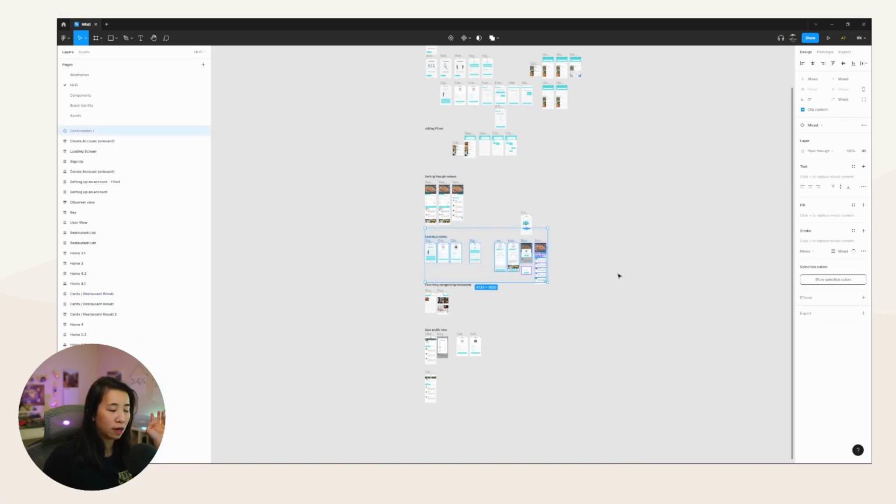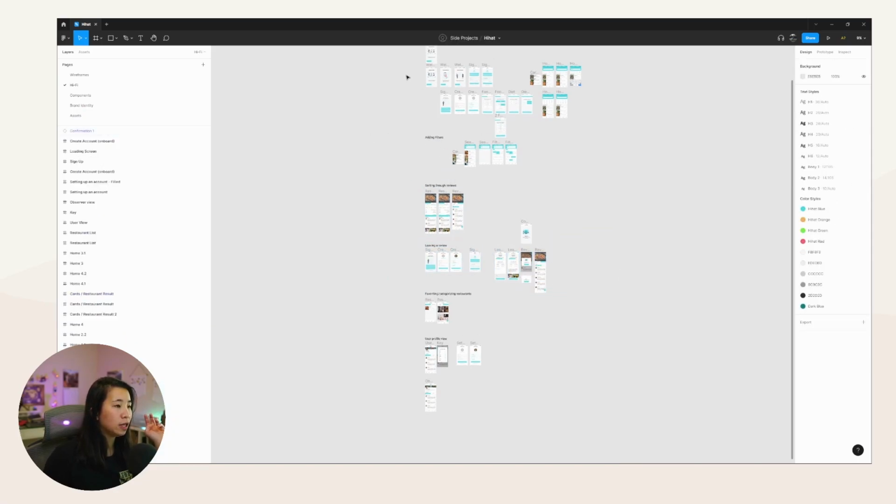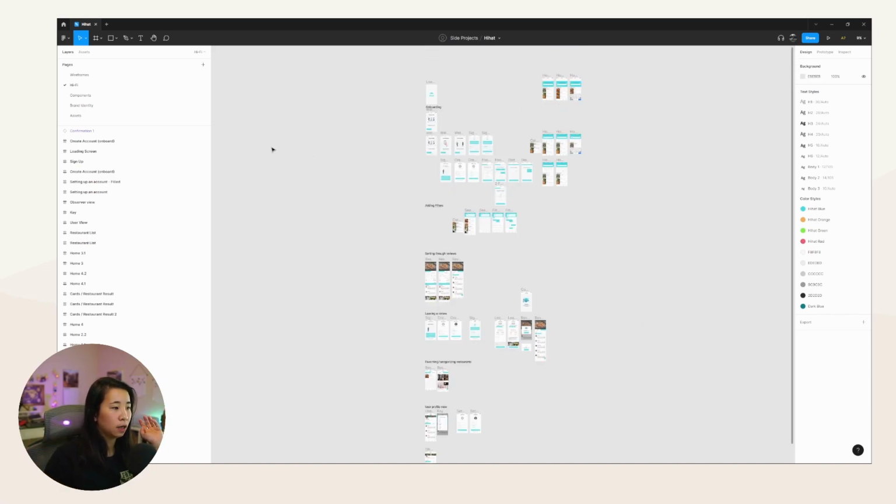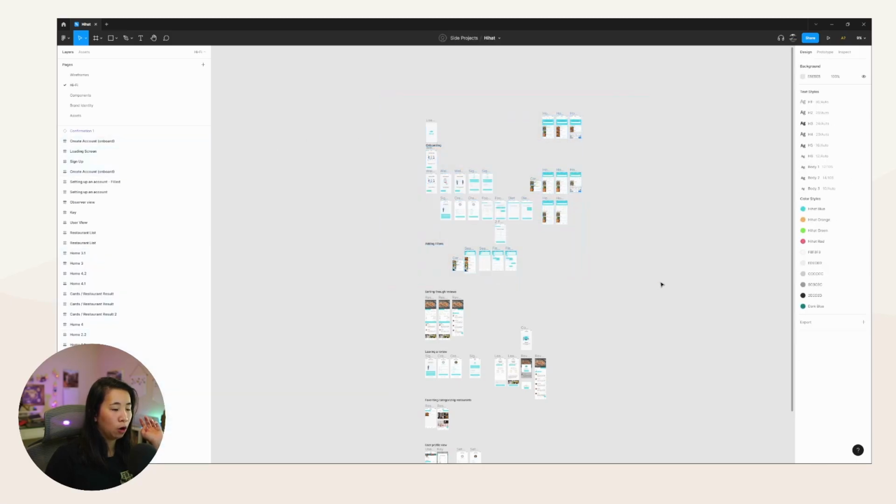Leaving a review, definitely its own project. So I feel like a lot of these pieces, you know, you put them together and they actually create a fully functioning MVP app, sure. But then when I'm thinking about the different ways that we build products, these would probably all be their own